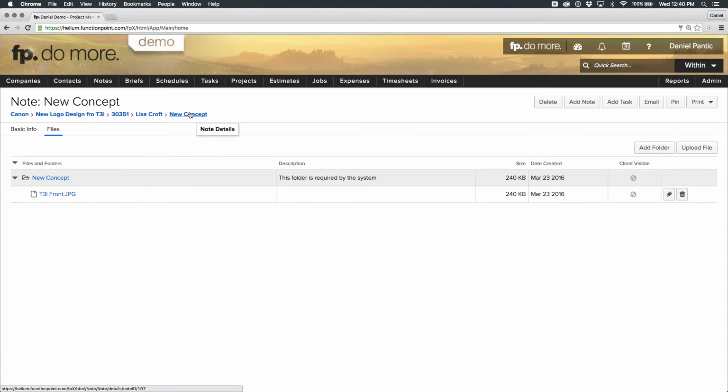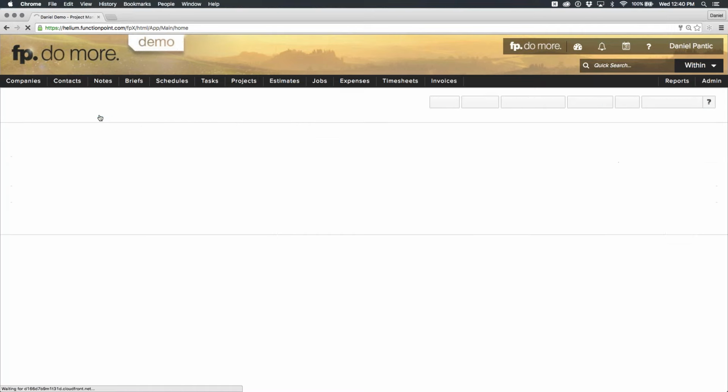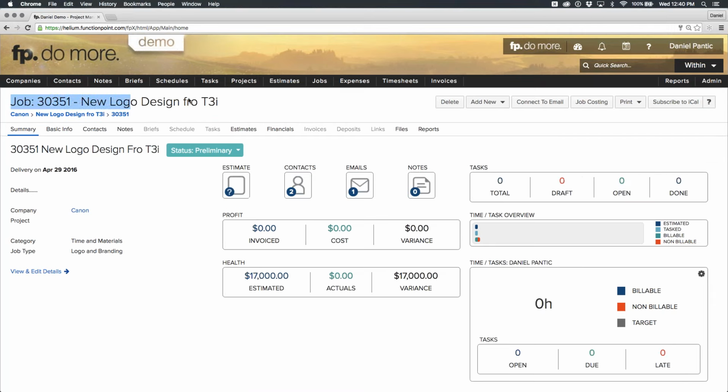And again, don't forget to look at the breadcrumb trail, because this shows you exactly where you are in the system, and you can click on any of these steps along the breadcrumb trail and you'll be taken to that specific page. Just like we're looking at the job page here. Excellent. Okay,